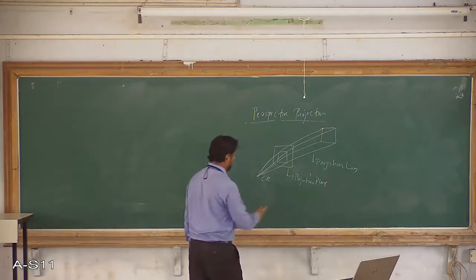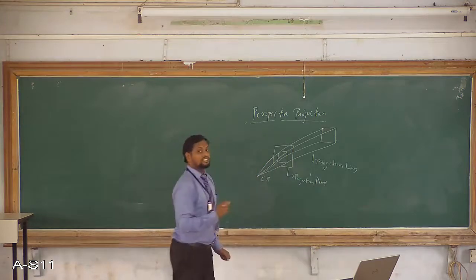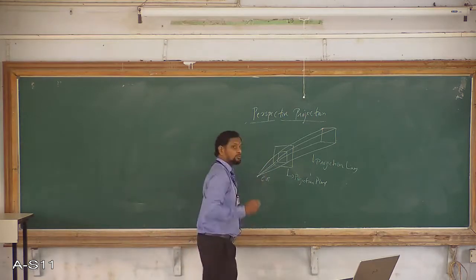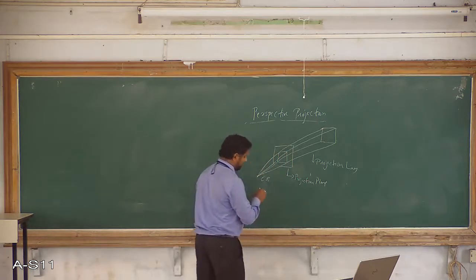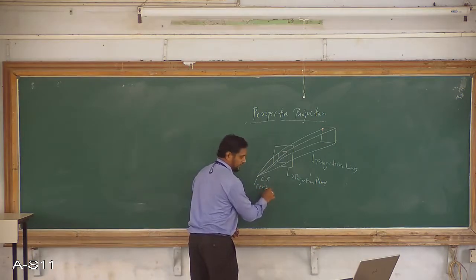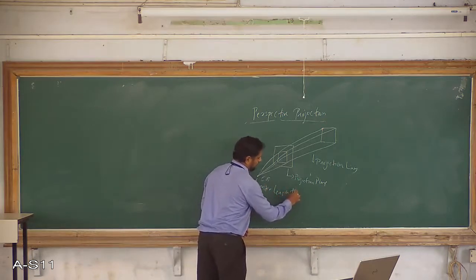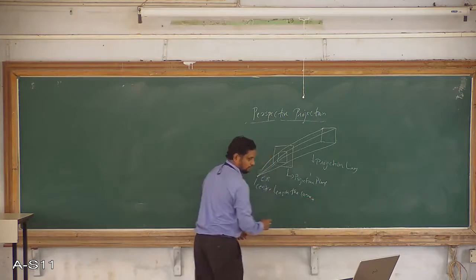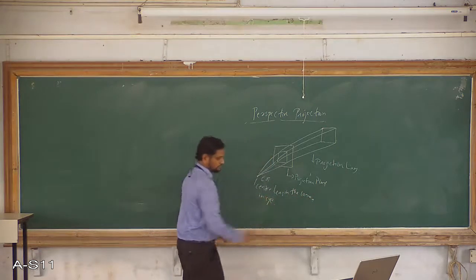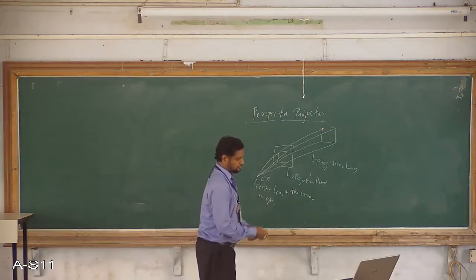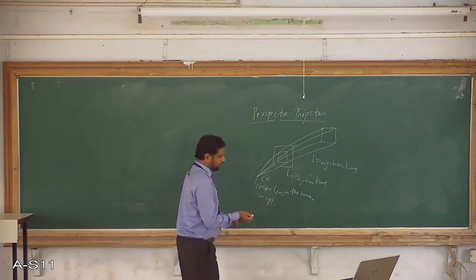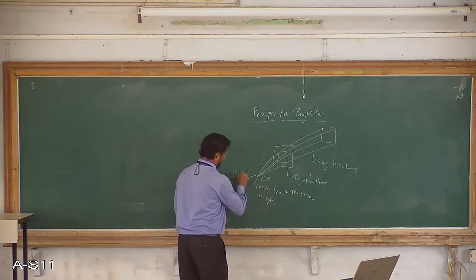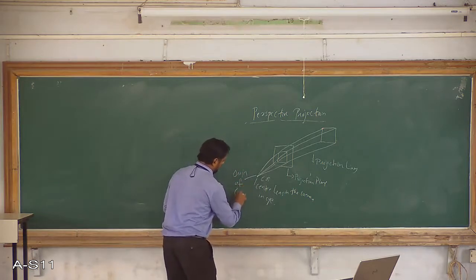These projection lines meet at a point called the center of projection, that is COP. This corresponds to the center of the lens in the camera or in the eye, or you can say it is the origin of the camera frame.